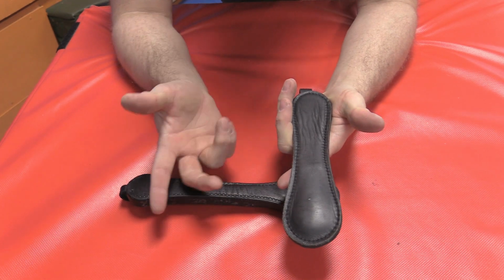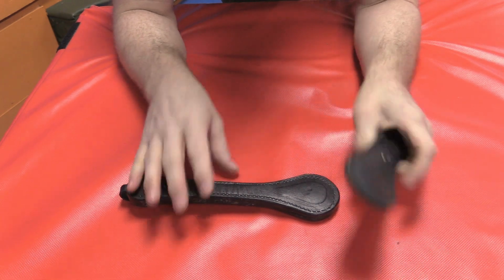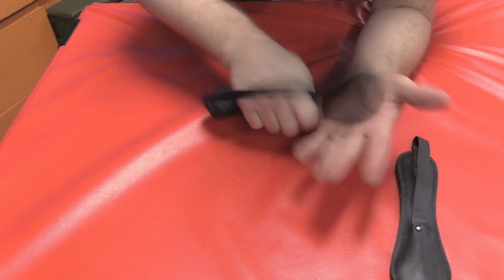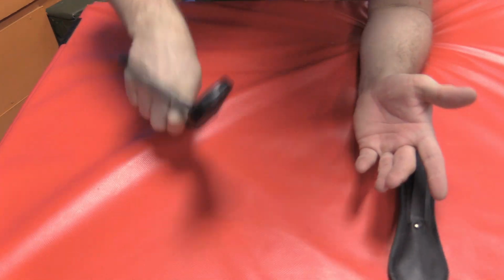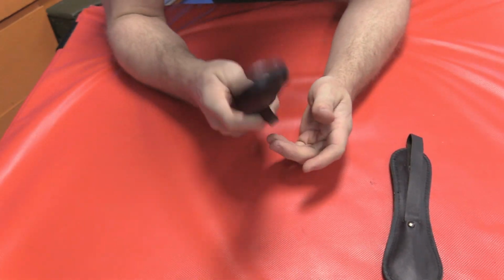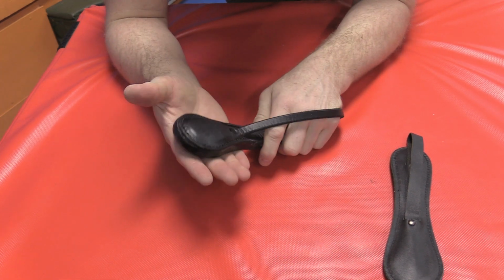You wonder who the handle was built for. It doesn't quite fit in the hand. You have to kind of crush it, whereas this one just fits. I can squeeze it hard and it gives a really good commanding handle. I can choke it up for a shorter grip, or I can have it with a little bit more whack. And this, I can tell you, even on my leg, on my arm, this is already very, very uncomfortable. There's no doubt that this one, the Asheville sap, could break some serious bone or